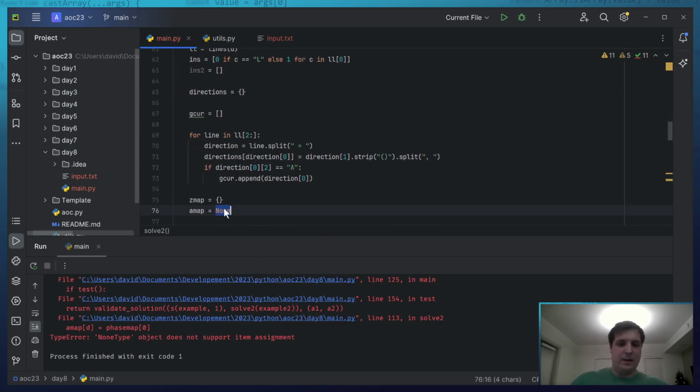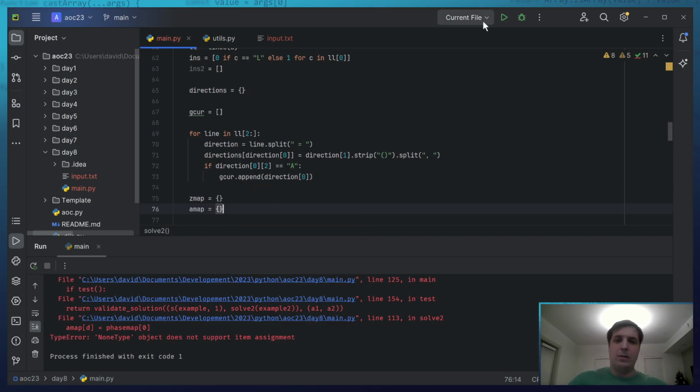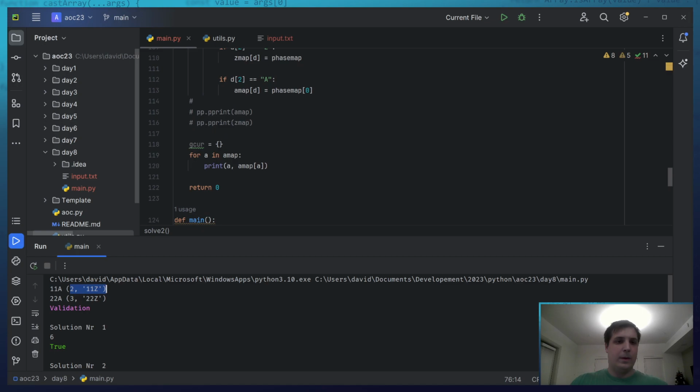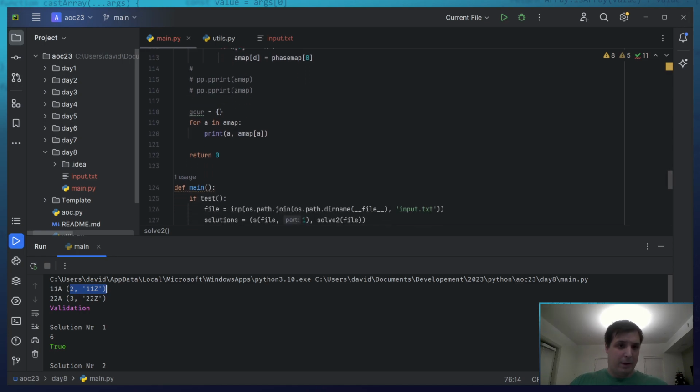Sorry, this still needs to be the dictionary. It's inside where we, yes, perfect. So this is our value, and this is where we reach to. For A in A map, these are our two things. This is where we're starting from. I don't care about it. What I do care about is this part.